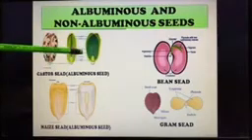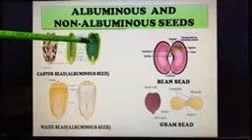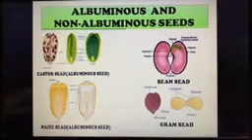Okay, so here you are seeing this green portion, which is actually the cotyledons, thin and papery in the castor seed, and this light green part is the endosperm. And the endosperm here is not completely used up during embryogeny. Okay, now what are albuminous seeds? As the name suggests, albuminous seeds are those seeds in which endosperm is not completely used up. As I told you earlier, what is the function of endosperm? Endosperm provides nourishment to the developing embryo.